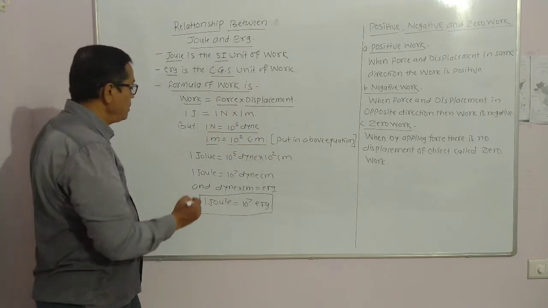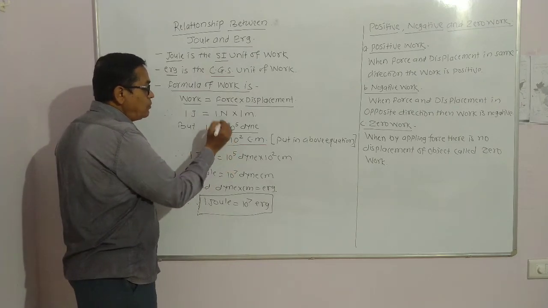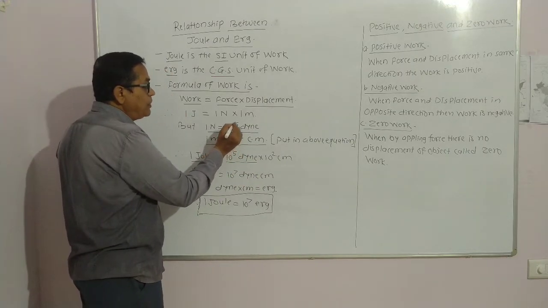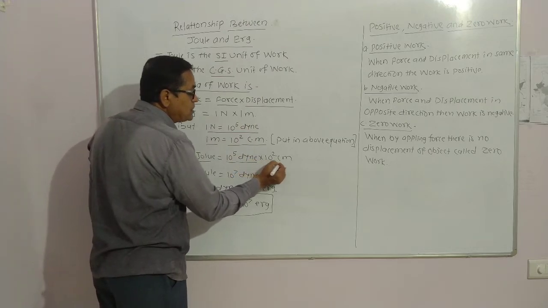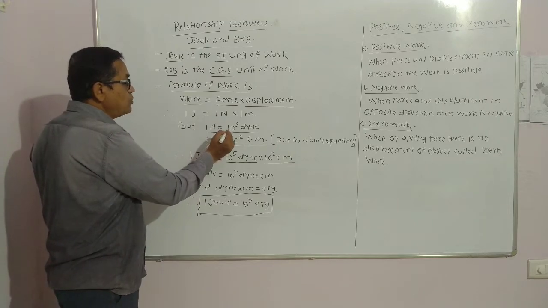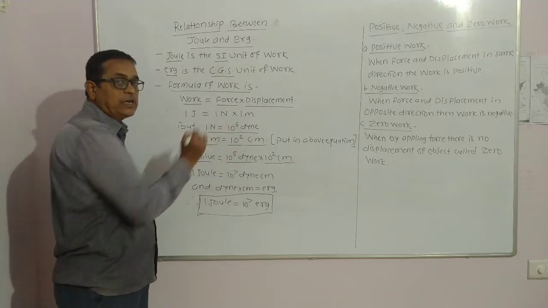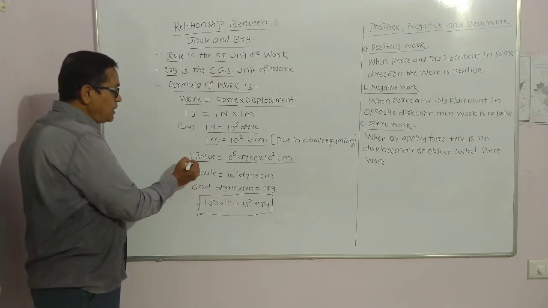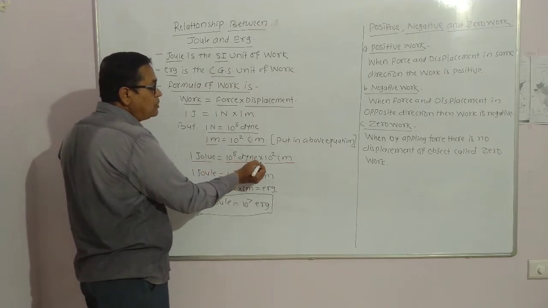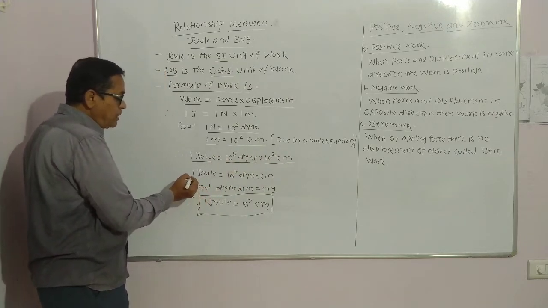मध्ये टाका. Hence you know 1 joule equals to, in place of 1 Newton we put 10 to the power 5 dyne, and in place of 1 meter we place 10 to the power 2 centimeter. म्हणजे 1 न्यूटनच्या जागी तुम्ही 10 to the power 5 डायन टाका आणि 1 मीटरच्या ऐवजी 10 to the power 2 सेंटीमीटर घ्या. Hence here it converts: 1 joule equals 10 to the power 5 dyne into 10 to the power 2 centimeter. Make an addition of powers here.